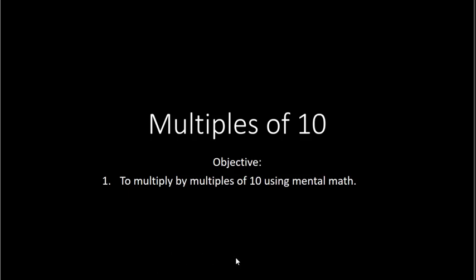In this video, you will learn to multiply by multiples of 10 using mental math. Now to begin, we are going to take a number and multiply it by something like 10 or 100 or 1,000 or 10,000, something with 1 followed by zeros. So when you're doing that, the process is basically take the number and then write the same number of zeros after. What we mean by that is if you have 5 times 10, for example, you take the number 5,